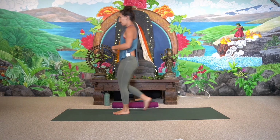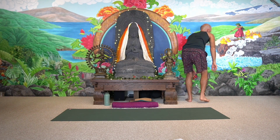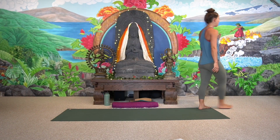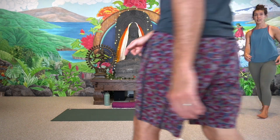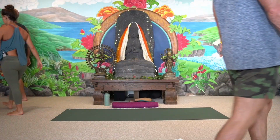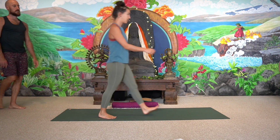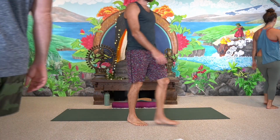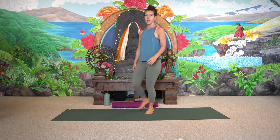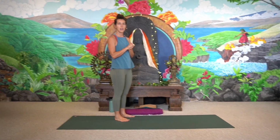And again, notice the relationship of rib cage and pelvis, and notice how much hip extension you're getting here. Maybe it feels limited because you're not letting your pelvis rock forward, or maybe it feels really spacious because your glutes are so strong and they're really helping you with your step. Make your way back to your mat